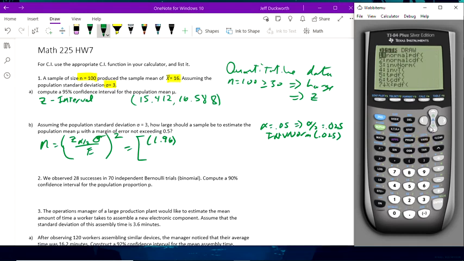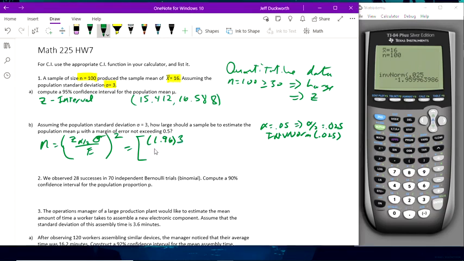Second vars, inverse norm, 0.025 will give us 1.96. If we use the negative value, that's no problem. We're squaring it. It'll become positive anyway. No problem. Sigma is 3. The margin of error is given as 0.5. All of that is squared. And this comes out to 11.76, which we square, which is